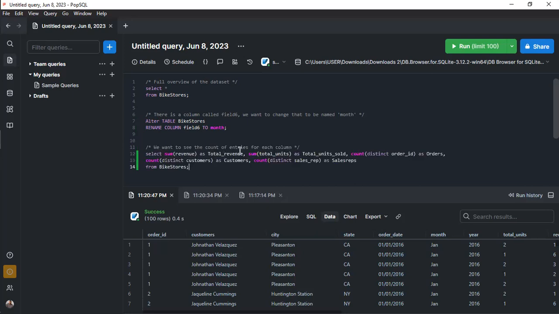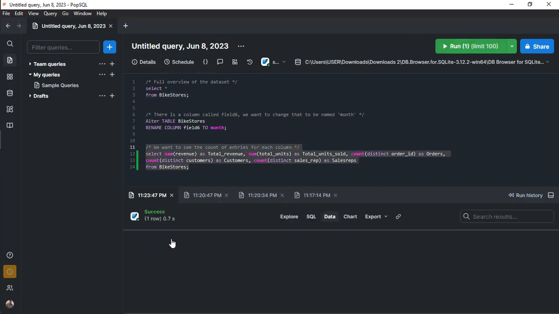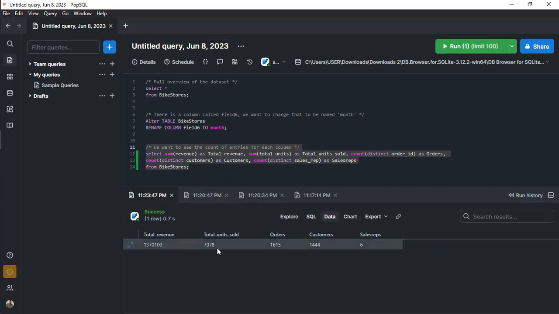Now we want to look at the total revenue, total units sold, the number of orders, the number of customers, and the number of sales reps. If I run this query, that actually answers that question for us. From what we can see here, total revenue generated is 1.37 million. Total units sold is over 7,000 units. Then we have number of orders, right? Unique orders were